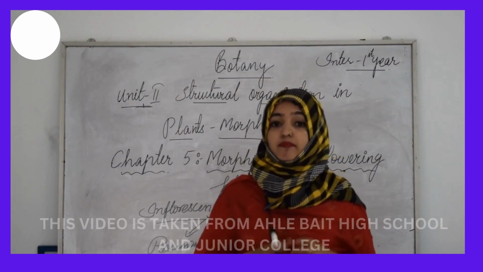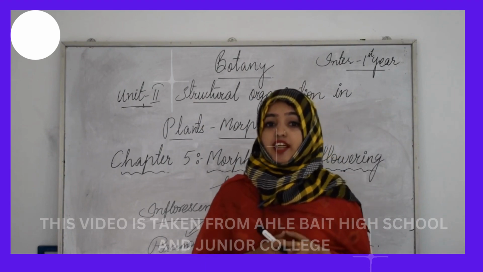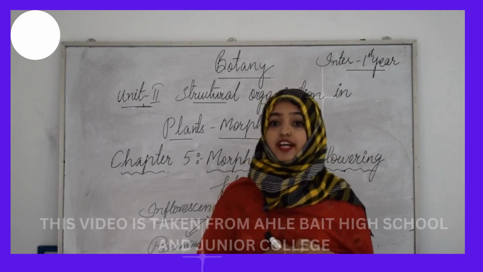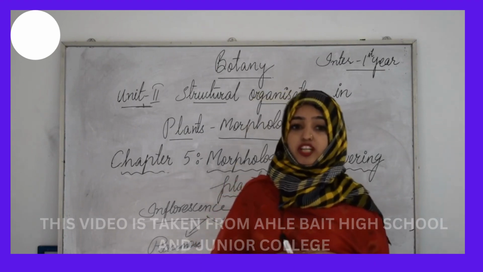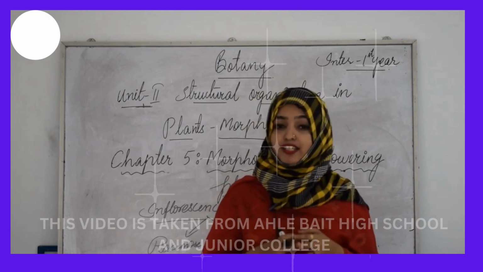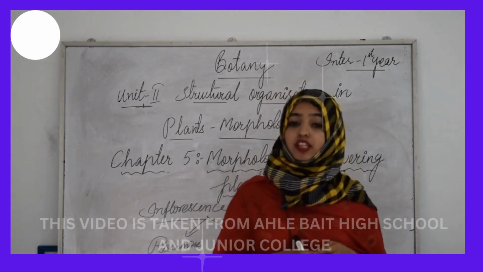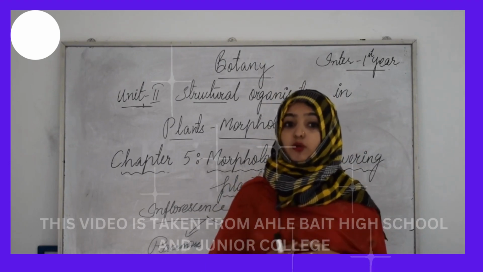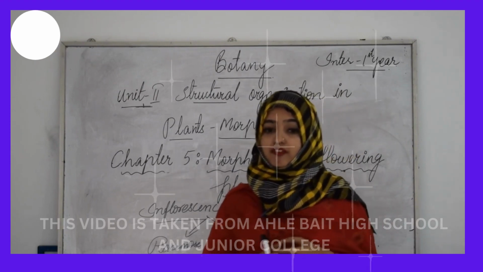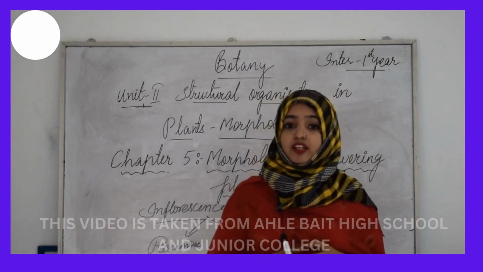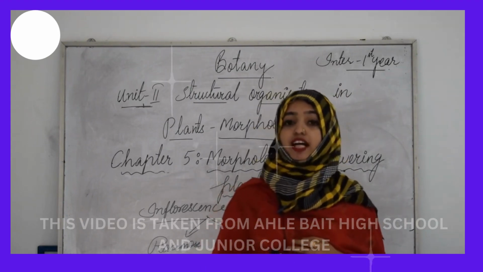And when the peduncle is branched, the cymose type is further divided based on the number of branches formed, and these are called as monochasial cyme and dichasial cyme. In monochasial cyme, only one branch will be growing at each time. The example for that will be Hamelia. And for the dichasial cyme, the growth of two branches can be seen at the same time, and the example for that will be Ipomoea. And polychasial cyme, where more than two branches will grow at each time, the example for that will be Nerium.